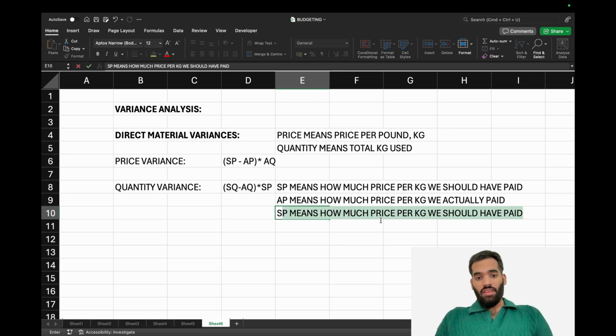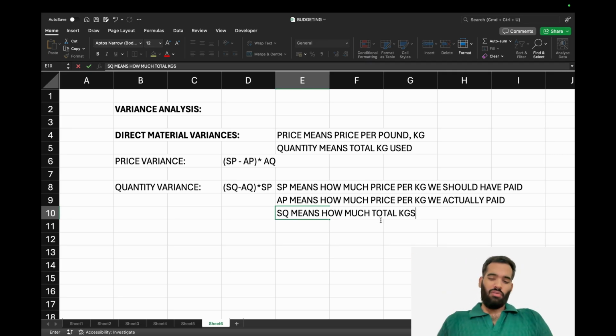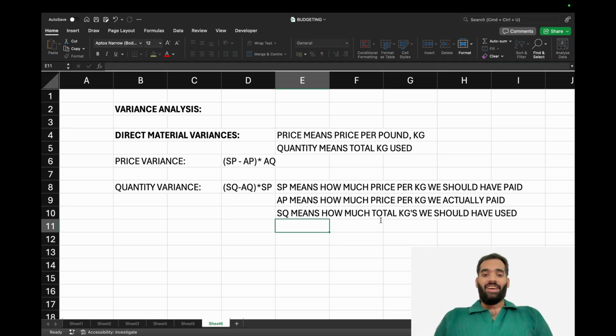Similarly, standard quantity means how many total kilograms of material we should have used, because it's the standard. I'll use kilograms because that's most of the world. And actual quantity means how much total